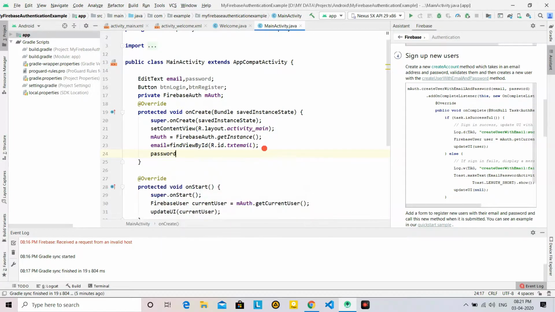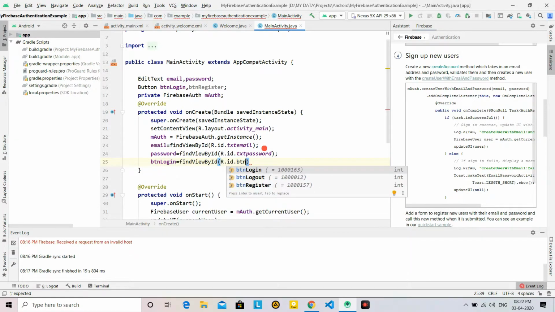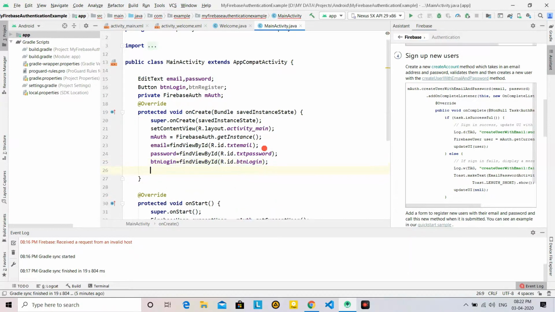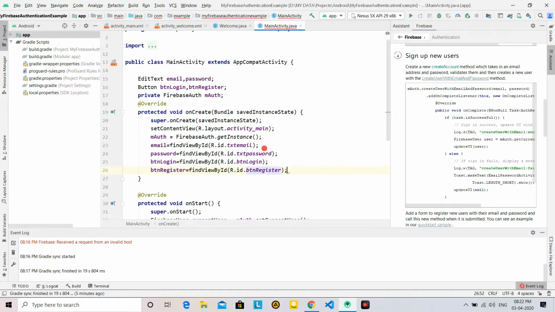Now password, findViewById R.id.txtPassword. Now we are creating an object of Button, login button, findViewById R.id.btnLogin. Next button btnRegister, findViewById R.id.btnRegister. Okay, so these buttons have been initialized, or we have passed the object.